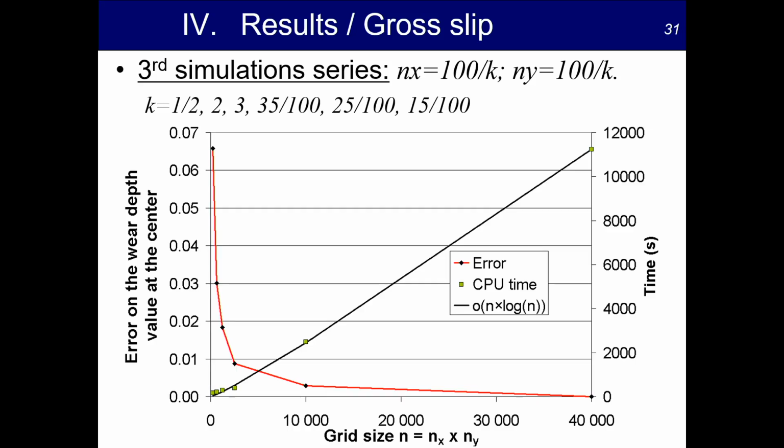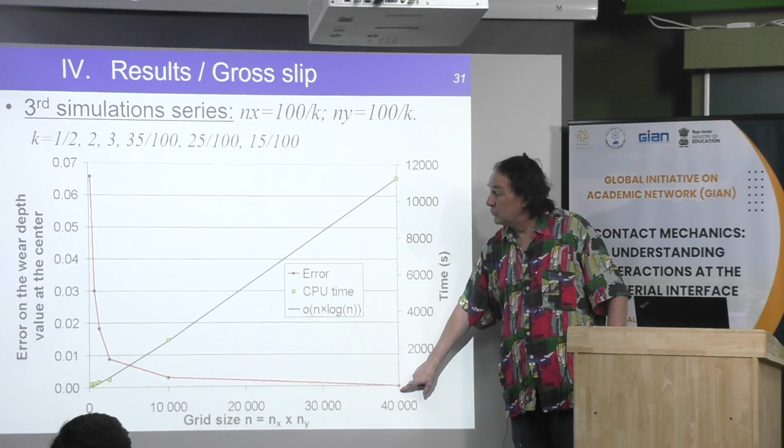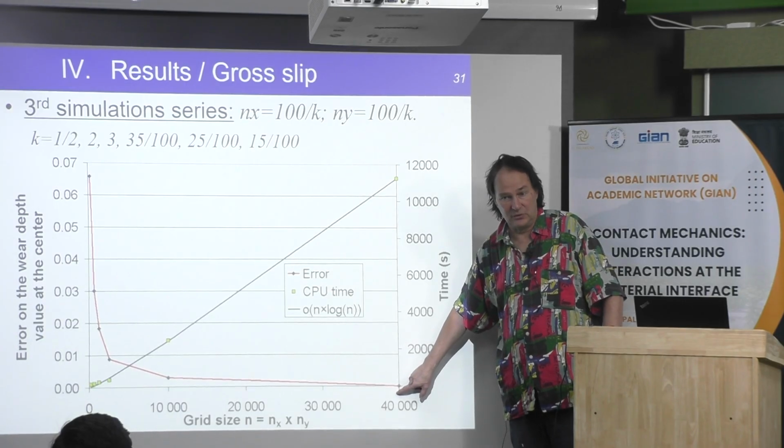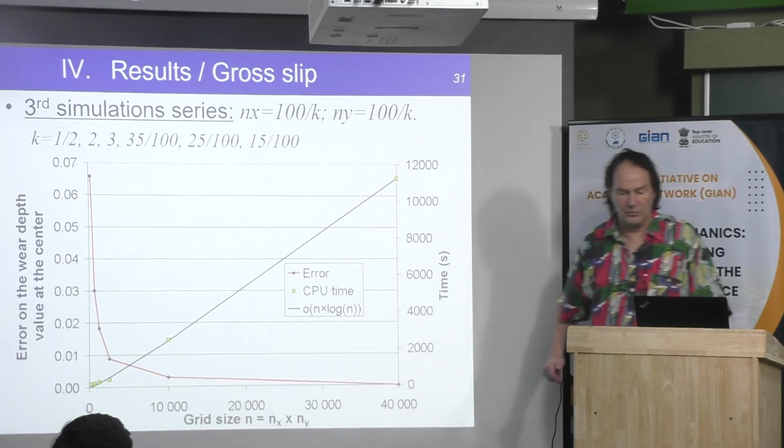And also this is an idea of the computing time, but it has been done many years ago, and it's not very significant. But of course there is some effect on the grid size. And this size corresponds to 400 by 400, and correspond to 20,000 contact simulation, okay, which is a large number.